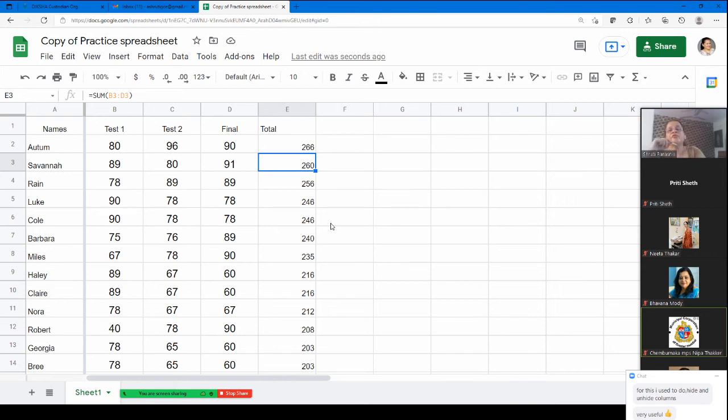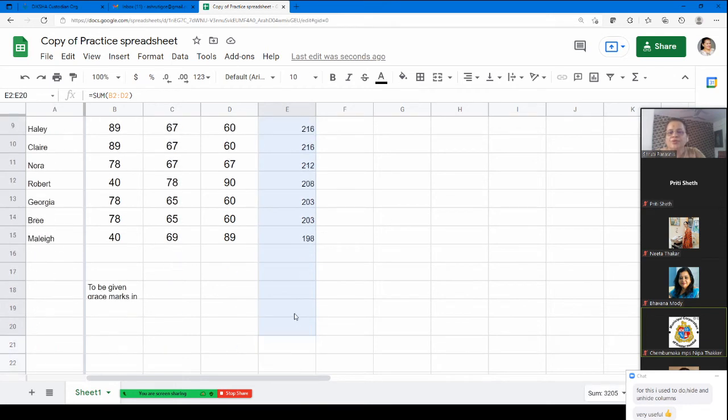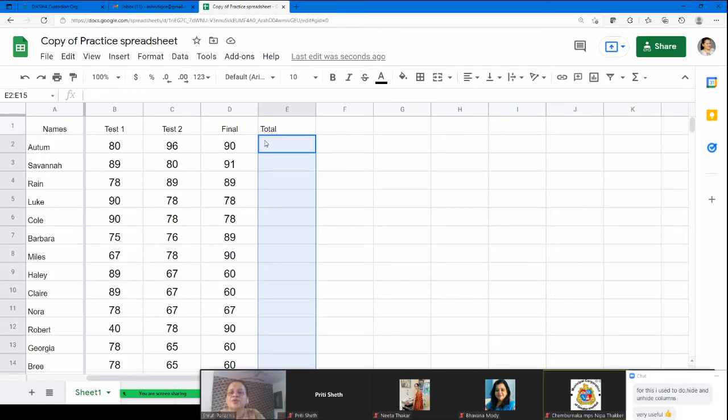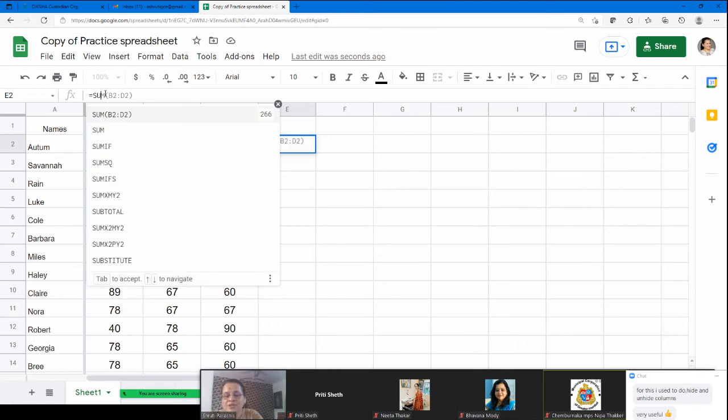Now let's suppose at times we don't want this. We want to put the formula ourselves. In that case it is very easy to create a formula. Let me delete all this for you. Okay, and we have to create our own formula. Whenever you are writing a formula, it has to start with is equal to. Okay, so we can write here and it will go here also. So I prefer to write here because it is easier to see here. Okay, is equal to, what do I want? I want to add, so I write SUM.